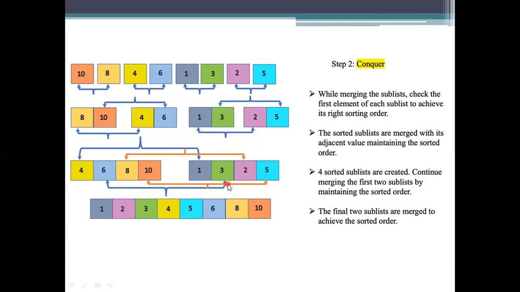While combining these two final lists, the left value A of i will be compared with this A of j value, checking whether it is less than or greater than. If it is less than, we store the value into the temporary array and increment the index value, until we reach the end point of that specification.